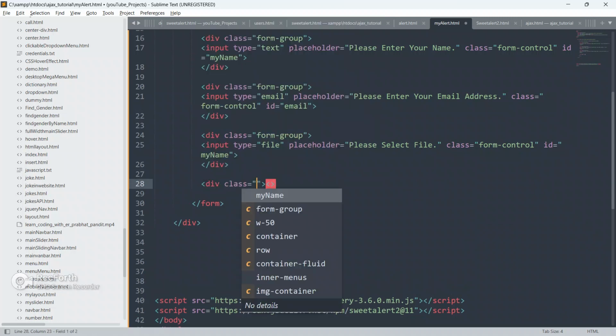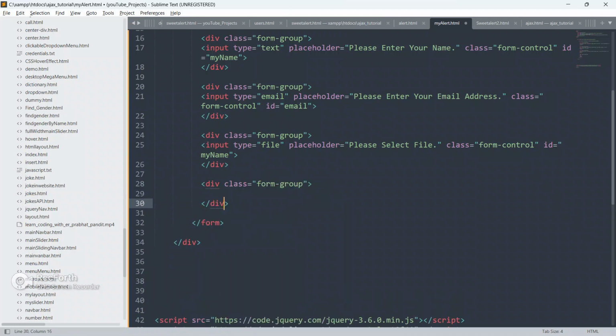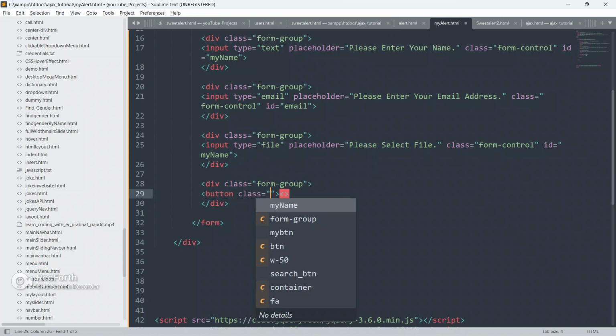So create another div, give it a class as form group, close this div, and inside this div guys create a button.